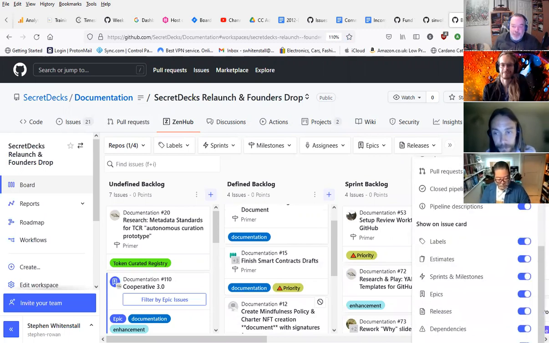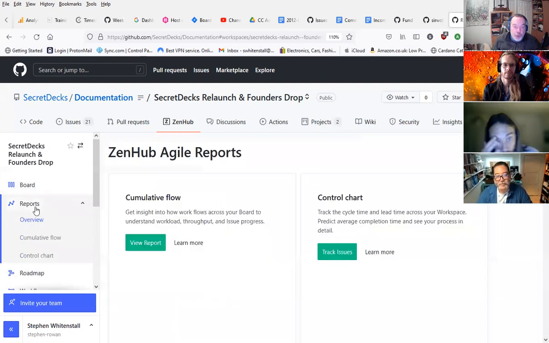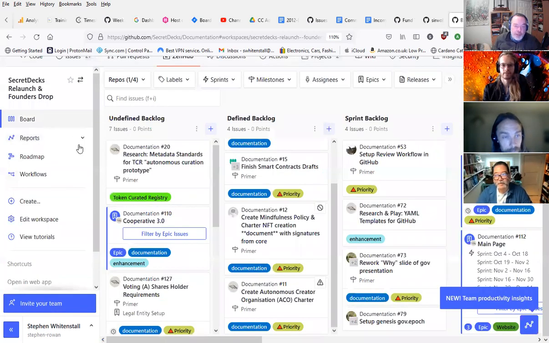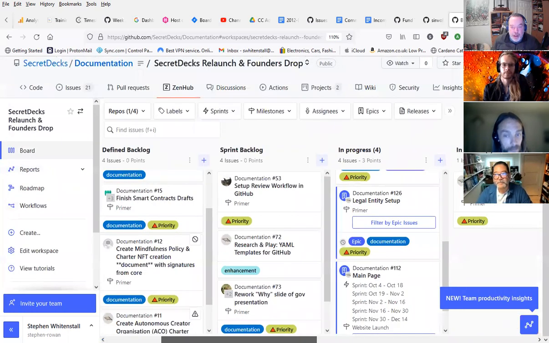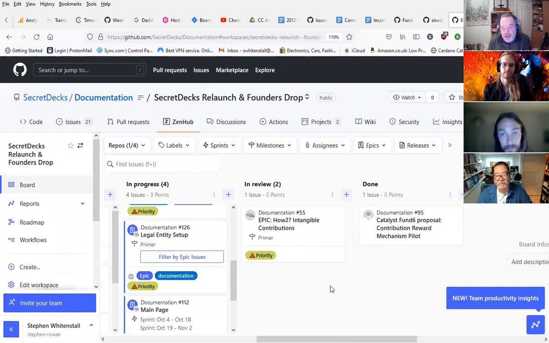But that allows you to do roadmaps, for example, and reports, like breakdown reports, and your more traditional sprint progress. So if you're interested in that, you could talk to Dan or Tyler, and Dan and Tyler do regular stand-ups every week. That's Dan Mercurius and Tyler Wiles. And that's for the Secret Dex,